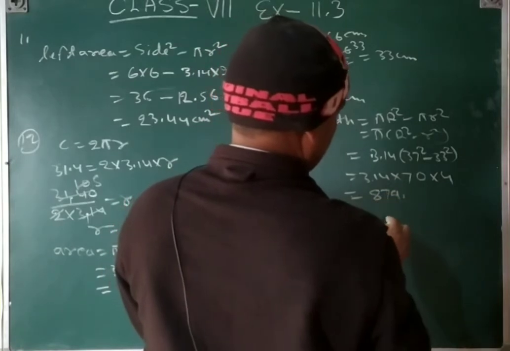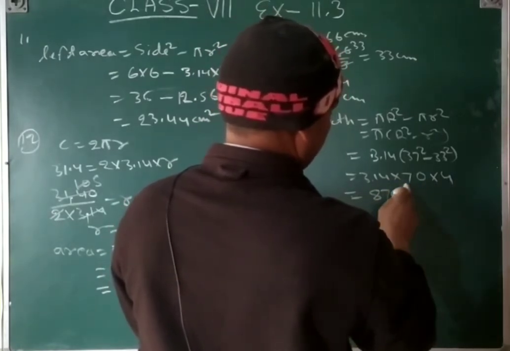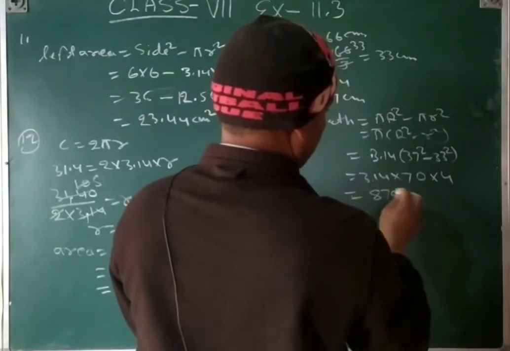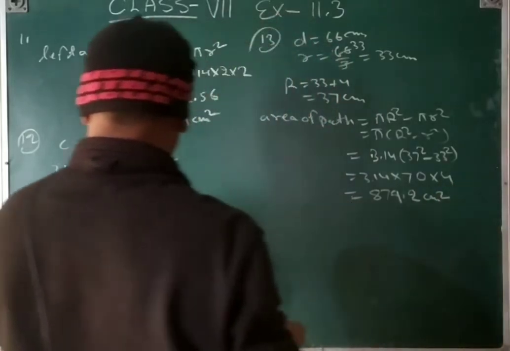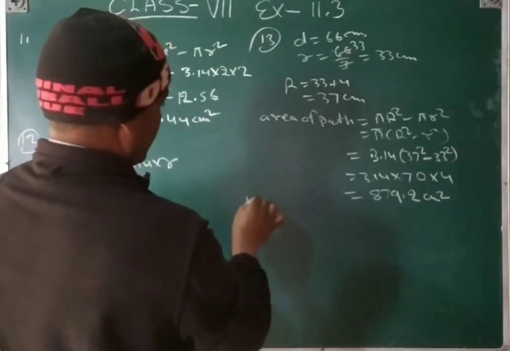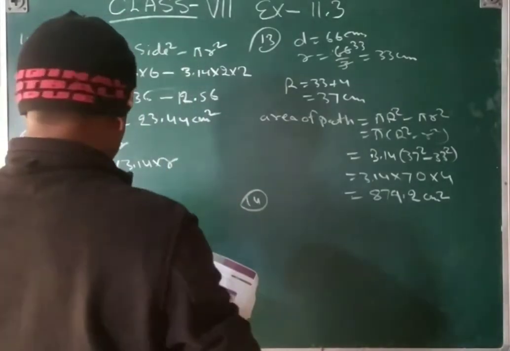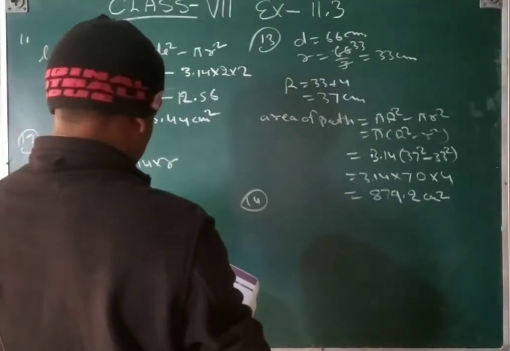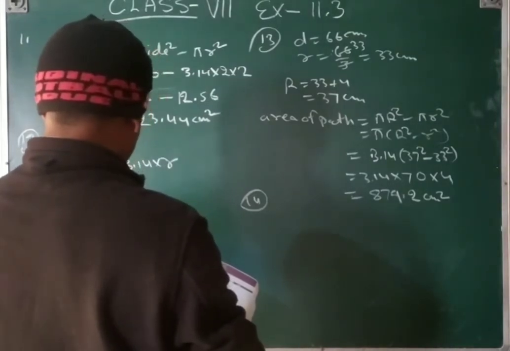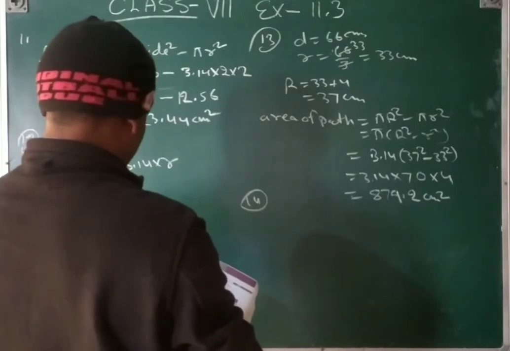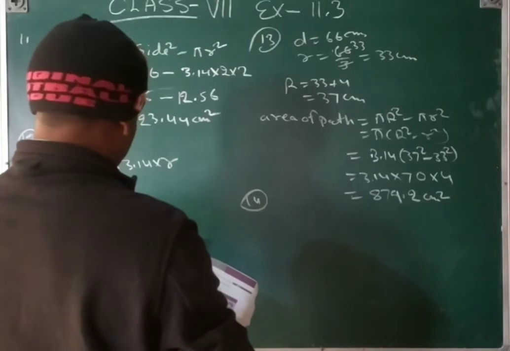8744 ja 4 7 ja 28, 4 7 ja 28, 8 4 ja 32, that will be 2 centimeter square. So, 14th question: a circular flower garden has an area, this one, and a sprinkler at the center of the garden can cover an area of 12 radius. Will the sprinkler water the entire garden?